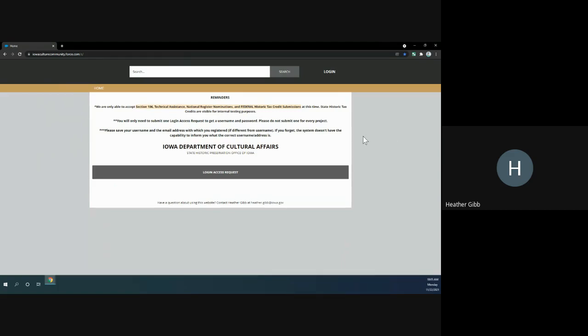So it's definitely not something that you want to leave to last minute if you do need to submit something right away. And the reason for that is because we do have to go through and manually create these accounts. So you can reach out to myself or to Barry Bennett if you have any questions about using the system. If you have completed your login access request and you have your username and you have set a password,